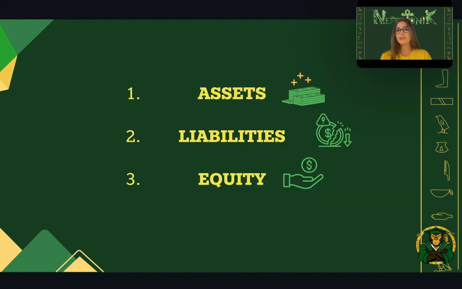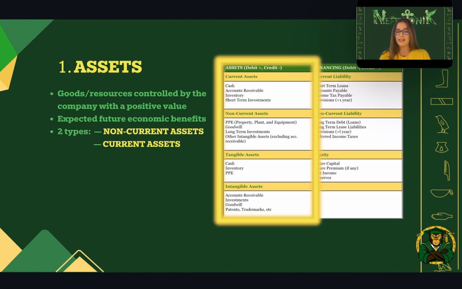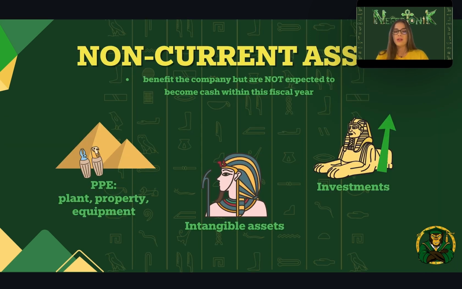Now, we're going to talk about three components of the balance sheet, which are the assets, the liabilities, and the equity. The assets are goods or resources controlled by the company with a positive value, which are expected to provide future economic benefits. There are two types of assets: non-current assets and current assets. For the non-current assets, which are things that benefit the company but are not expected to become cash within this fiscal year,